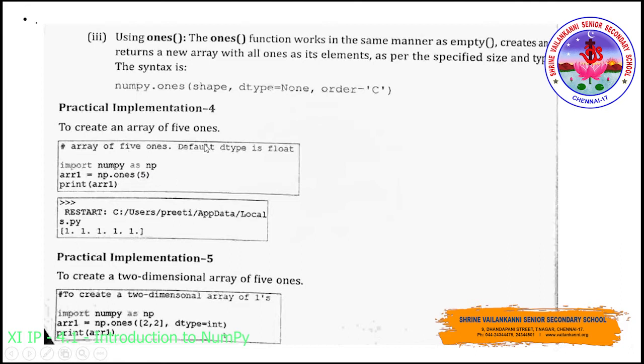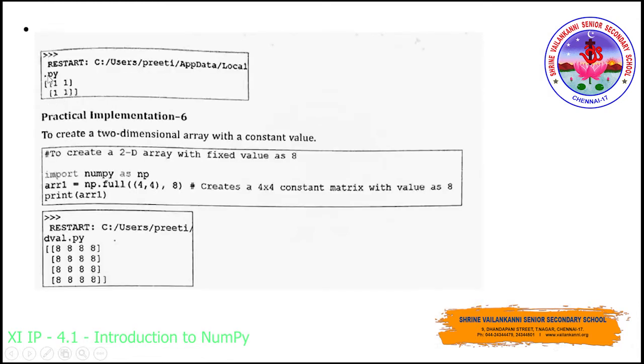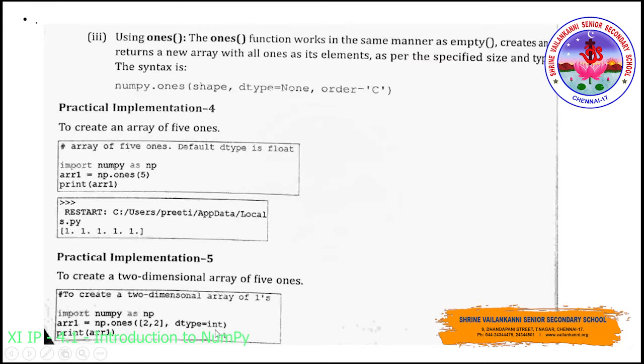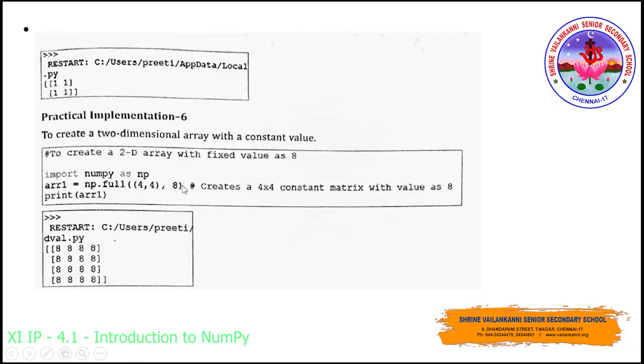And if we print that, see what happens. Here the data type has not been specified, so all the ones will be generated as the floating point data type. And here they have created a two-dimensional array, two-dimensional in the sense two rows and two columns. So all the two rows and two columns will be generated with ones with integer data type. So np.ones of 2 comma 2. As per the syntax, we have to generate this numpy array. See here, two rows and two columns. Everything will be generated with ones, and that belongs to the integer data type, as we have specified the data type as int.